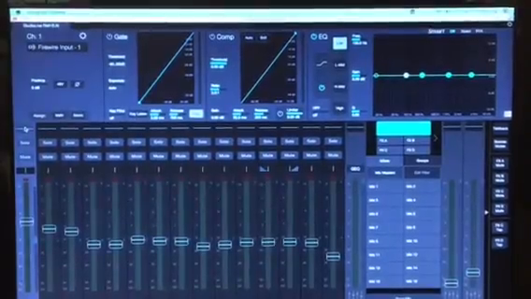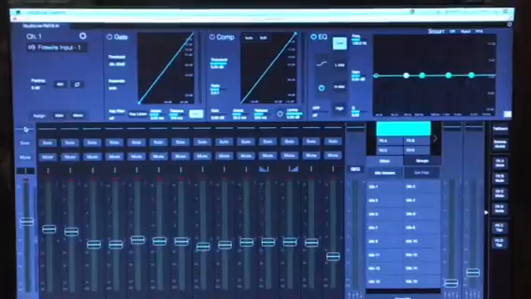Hey guys, I wanted to do a very quick and dirty video showing you how you can take a group of drums live, using your RM mixer and your DAW. I'm going to be using StudioOne. How you can take those drums and process them with plugins and then bring them back into the mixer and